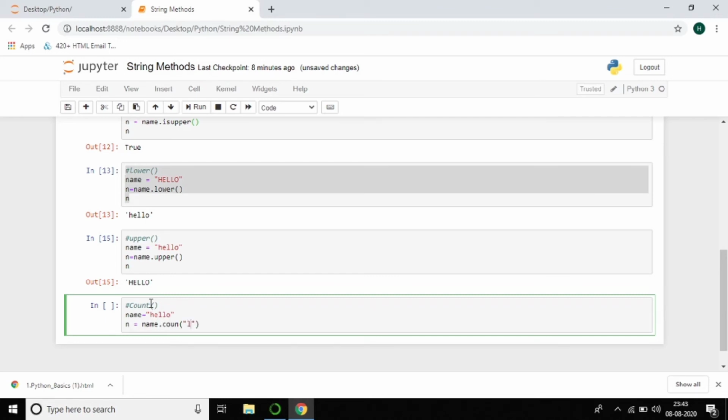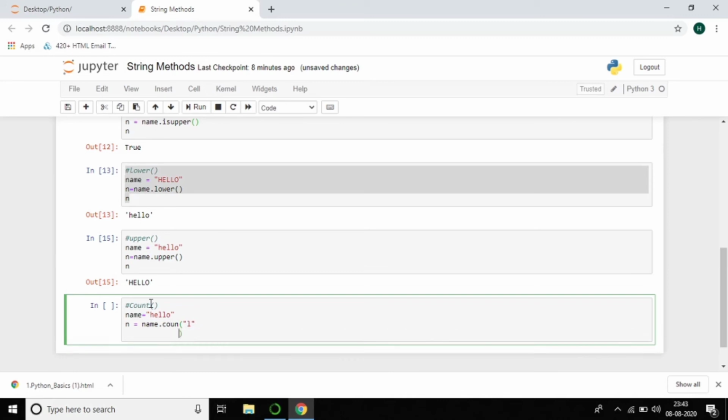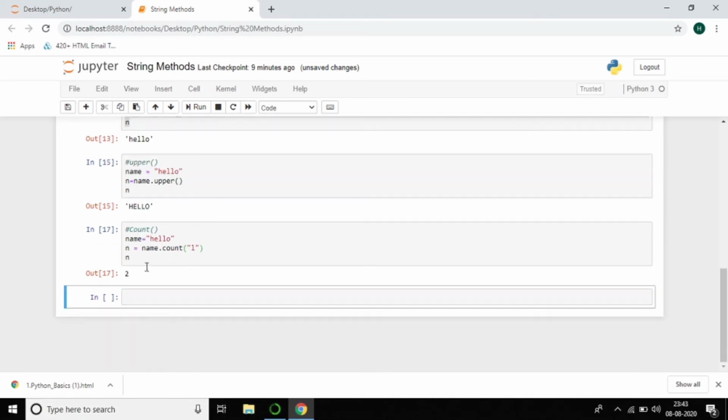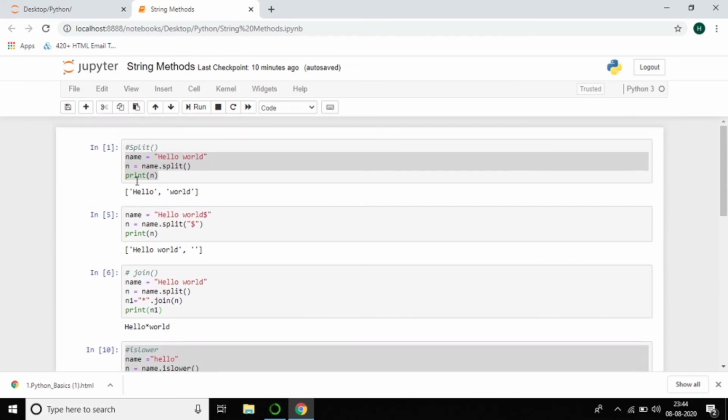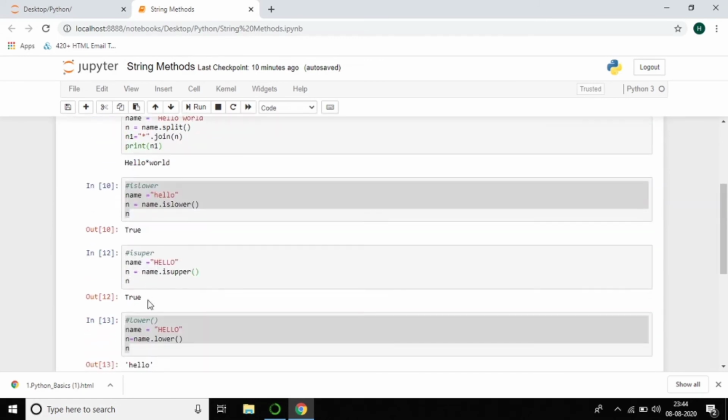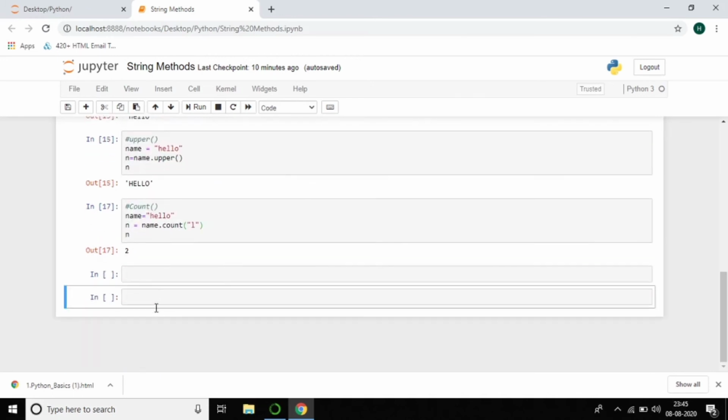I'll give L. It has 2 times in hello, and I get the count as the output. We discussed split, join, is upper, is lower, lower, upper, and finally count.